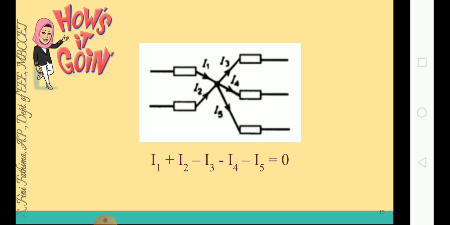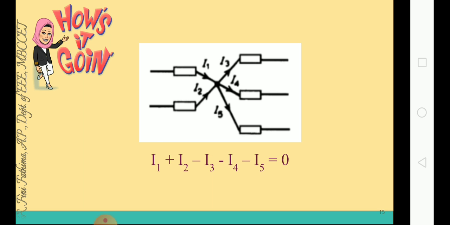So the junction consists of 5 elements which are connected together, and we have 5 currents: I1, I2, I3, I4, and I5. Now we have to apply Kirchhoff's current law in this particular equation. In the last slide, I told you that if the current is coming towards the junction, then we take it as positive, and if the current is leaving the junction, then we will take